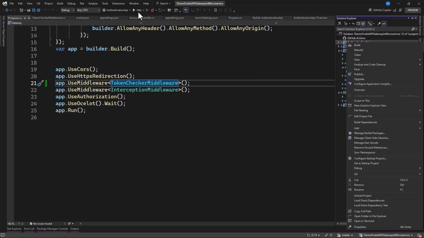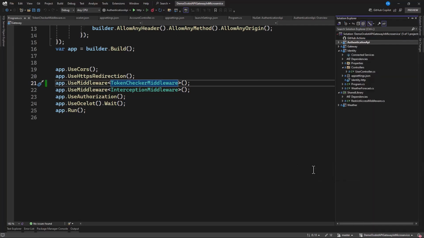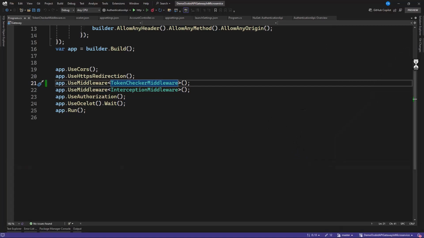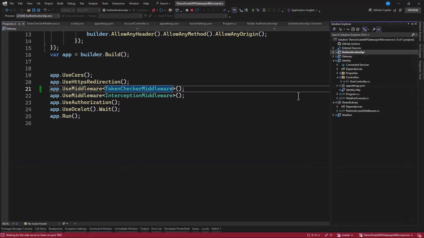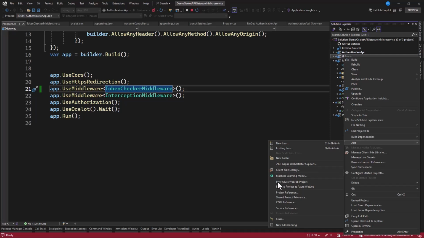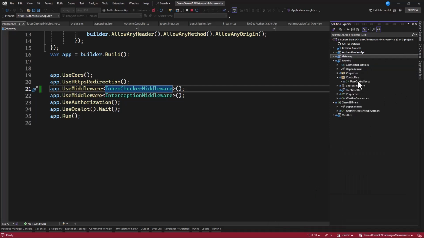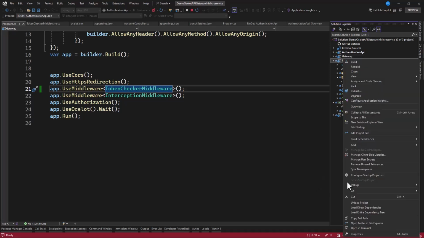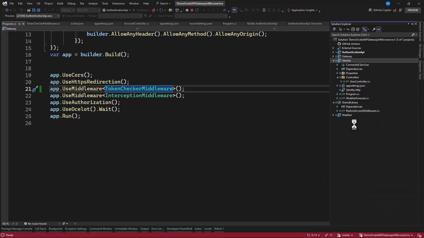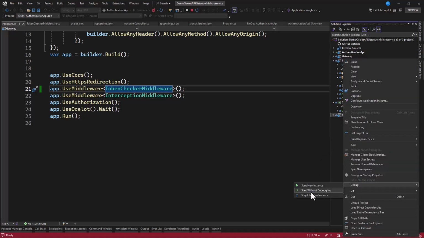Let's make sure this is set to HTTP, then start new instance. When this gets started, we are also going to start our API gateway. Let's also start this. Then we're going to start the identity as well. Now let's start the weather API.